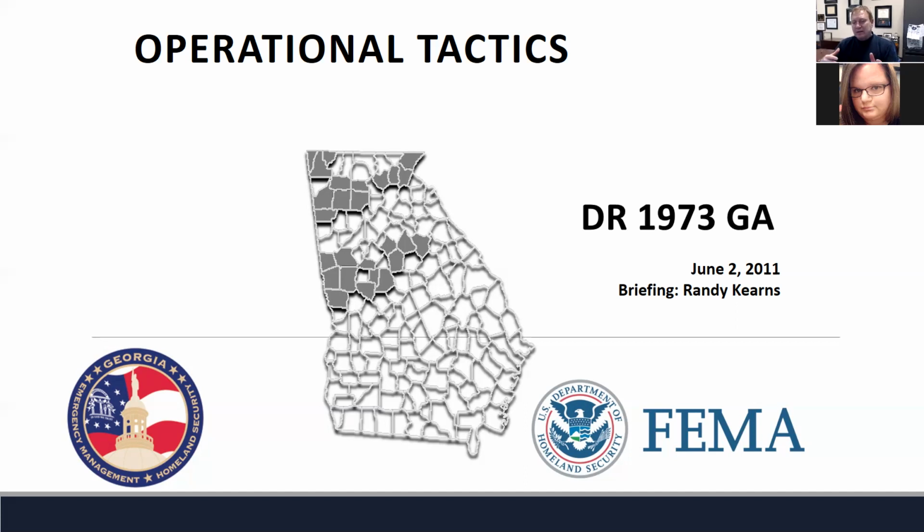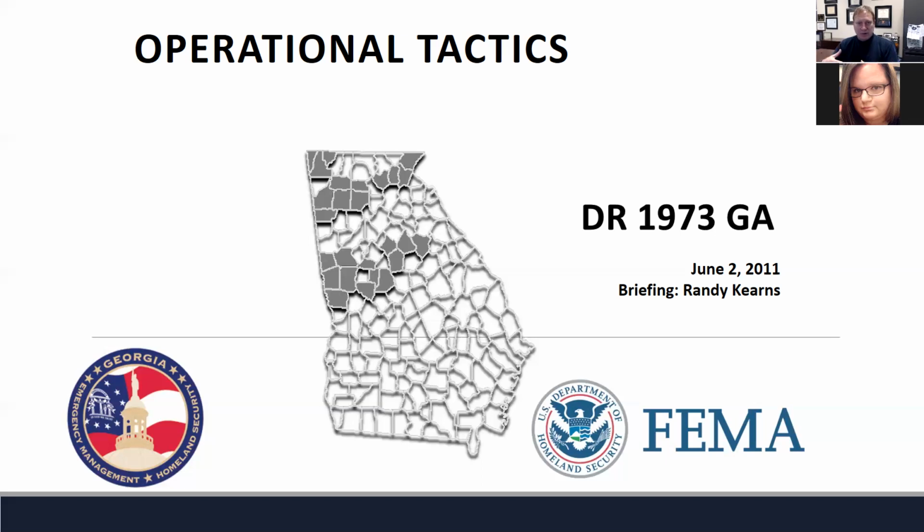Because each state is unique in terms of how, from a federal government standpoint, we're going to reimburse some of their expenses. That's why each disaster declaration is broken up by state. And so each federal response is also by state. Because at the end of the day, the people responsible for managing the disaster, it really starts at the local level and then may escalate to the state level.